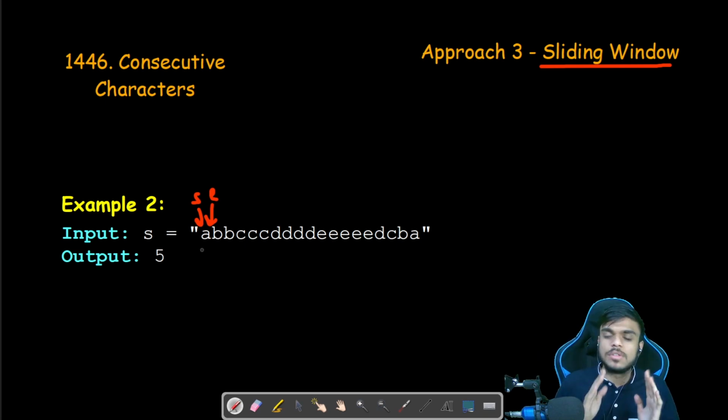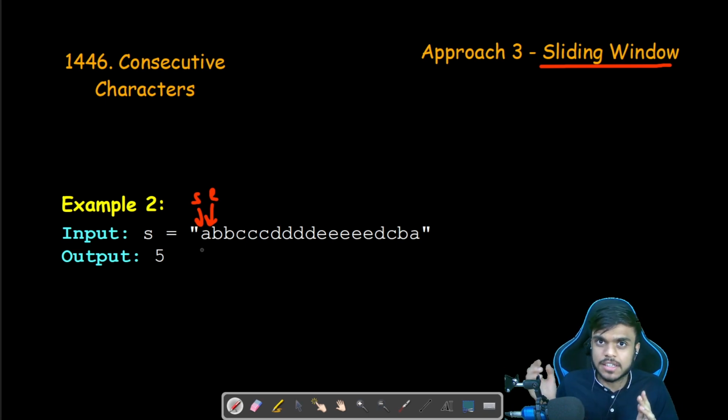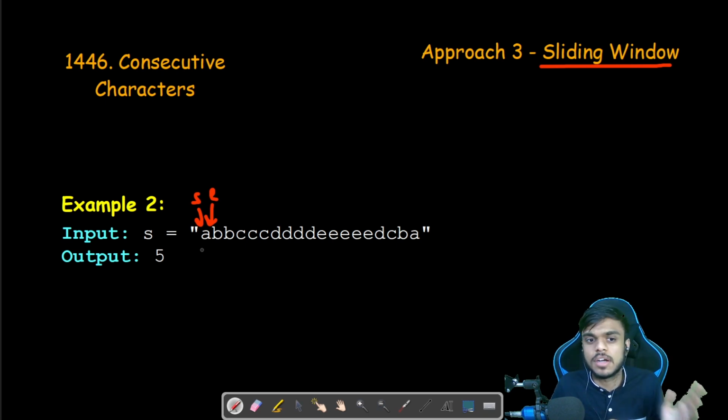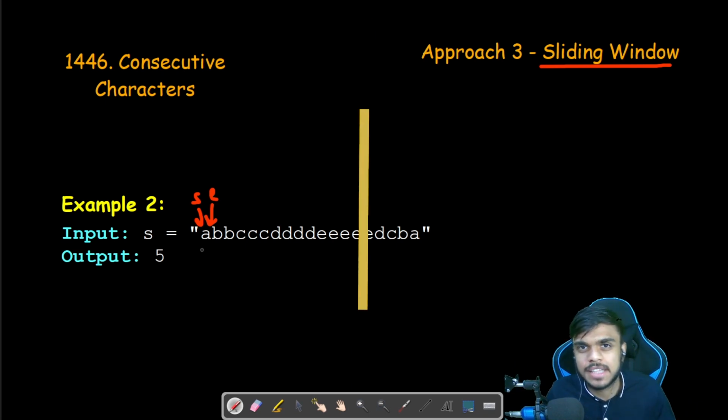Okay, now which means that there are still more characters which are of the same character. But when we encounter a different character for the last two things that we have, in that case we just shift the complete start pointer ahead to the end pointer, so that we are taking a new substring into consideration, because that particular substring's work has been done and we need to move to the newer substrings. Okay, so now let us look at how we can implement that in our code.